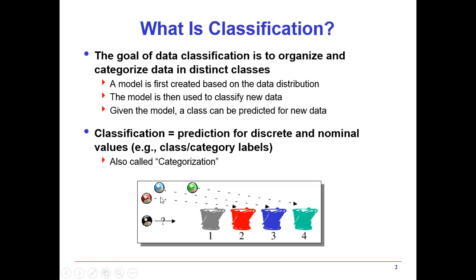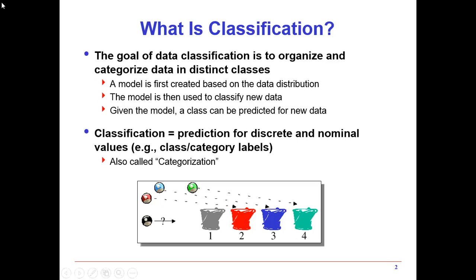So we are preparing a model for the new data, and we prepare that model using the training data. We train the model based upon the training data, but we are developing the model for new data, and new data is your test data. Suppose you have developed a model based upon the data distribution. Now new data will come and you will check the model. A class will be predicted for the new data, and we see whether it is accurate for new data or not.